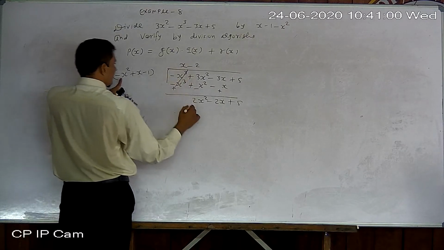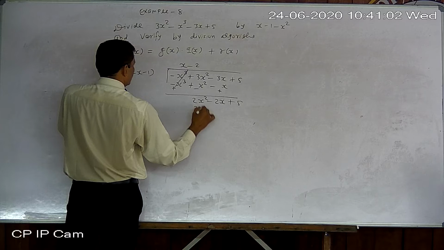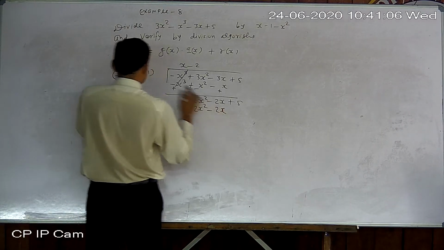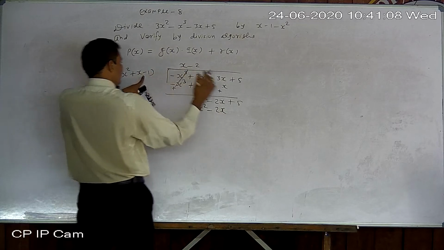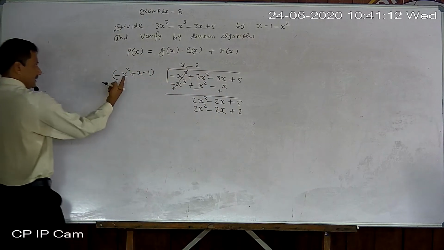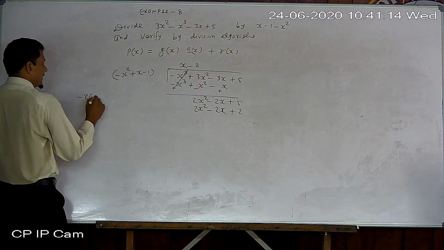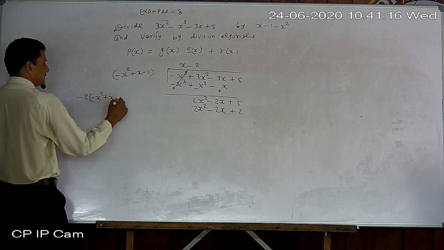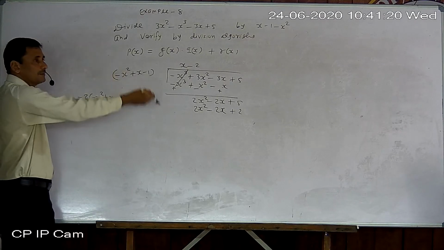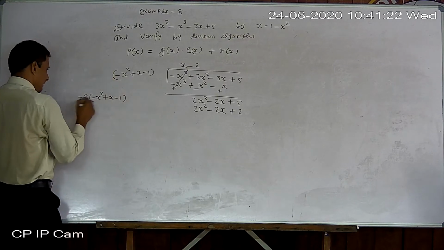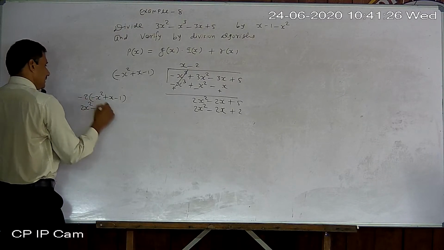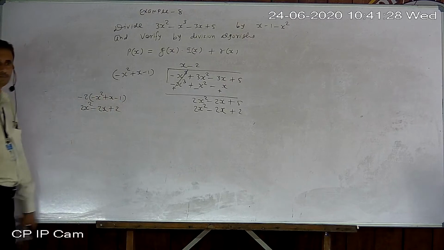Okay, now multiply, so it will become 2x square minus 2x. Minus 2 into x, minus minus plus 2. Again, multiplying by minus 2: minus x square plus x minus 1. Okay, we are doing this type of homework also at initial steps of this type of sum. So it will be minus minus plus 2x square, minus plus minus 2x, minus minus plus 2.